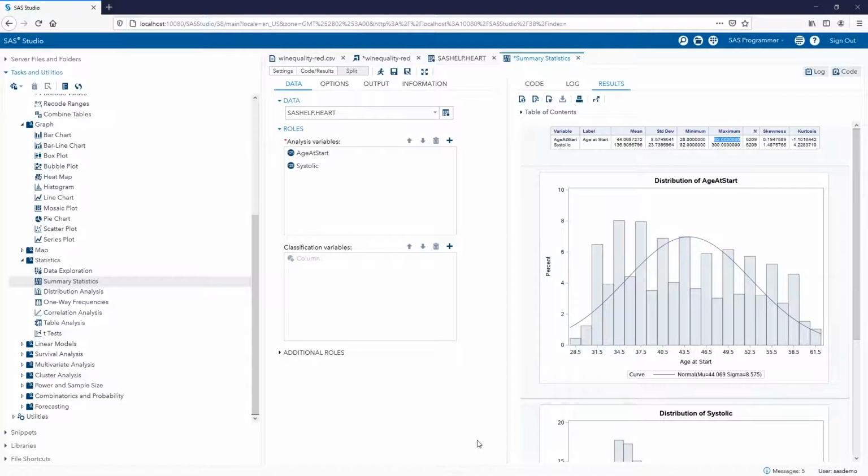And that is also a likely reason why the distribution of the age at start variable is shaped almost uniformly, because our interval for this variable is bounded. And this could also be the reason it appears as if there are little tails as a part of this variable. But in actuality, it could be because the study itself did not accept participants below or above this age.